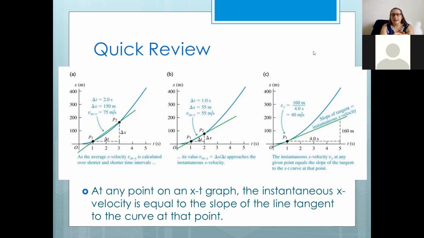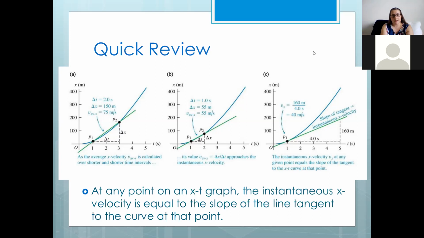And if we're interested in finding out the average velocity between 2 points in the motion of a particular object, then we just take the slope of the line that connects those 2 points. But we can see as we get those points closer and closer together, so as the time interval between those points gets smaller and smaller, we end up taking what's called an instantaneous velocity. If we narrow the time interval down to just a single point in time, and we take the slope of the line that's tangent to our position graph at that moment of time, then we have found